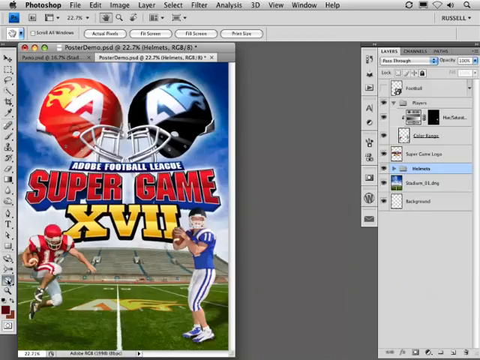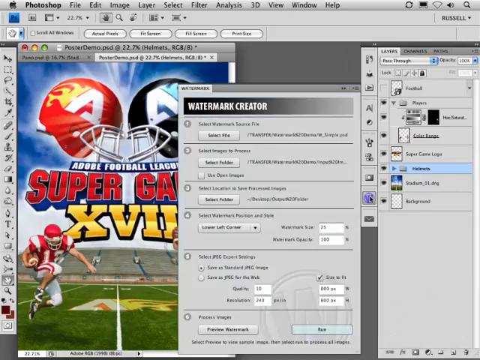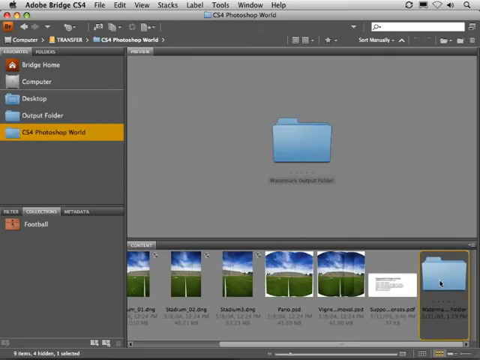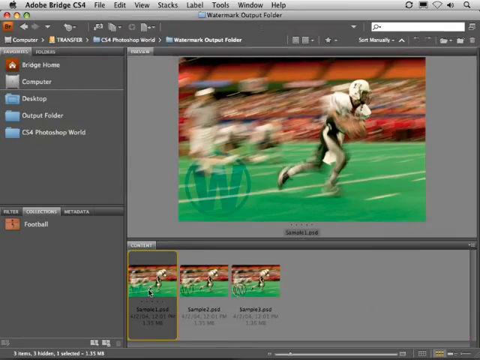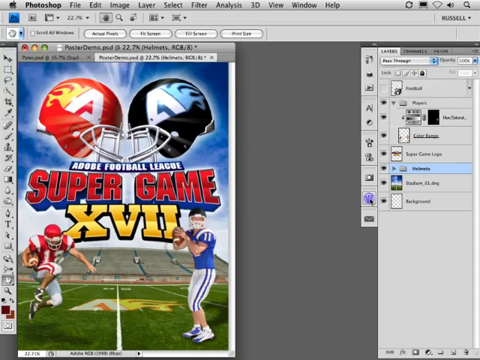Now, to finish this all off, I'd like to announce a great new panel that's going to be available to NAPP members only. This panel is going to help you create watermarked versions of any of your original photographs or artwork. Here in this panel, you can identify the watermark image you'd like to apply to any group of open images or a folder of images. If I close this down and go back over to Adobe Bridge, you can see here are some sample images I've created. You can place different styles of graphics onto your surface, in this case with a blend mode, or a special effect, or even a simple emboss. So there it was, a great new tool for adding